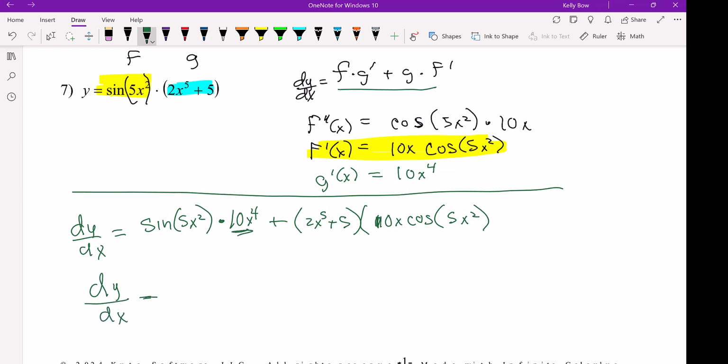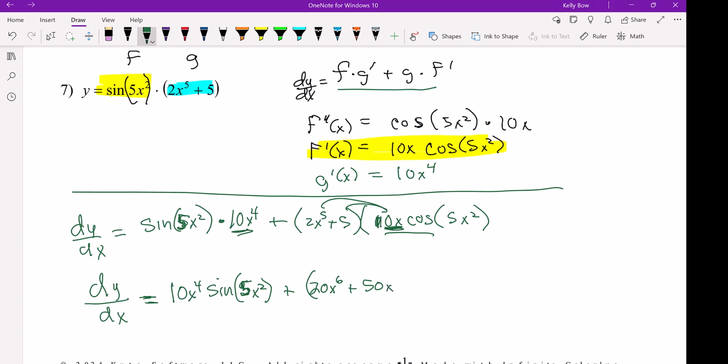So for this one, 10x to the fourth comes out front times sine theta. Need to make my 5s look more like 5s than s's. And then let's see what we have over here. We can bring this out in front. Well, actually, the 10x can be simplified with both of those. So that gives us 20x to the sixth